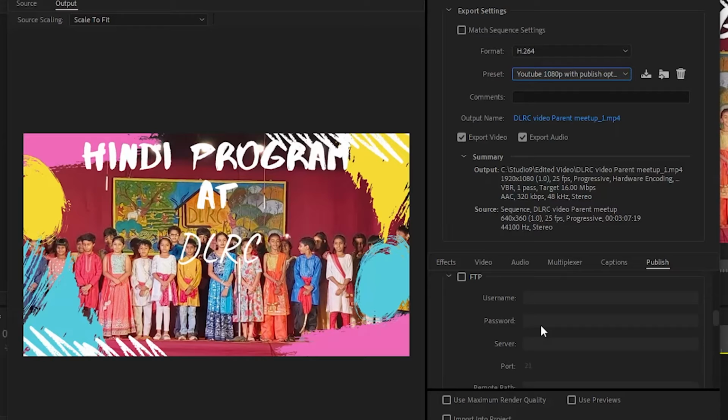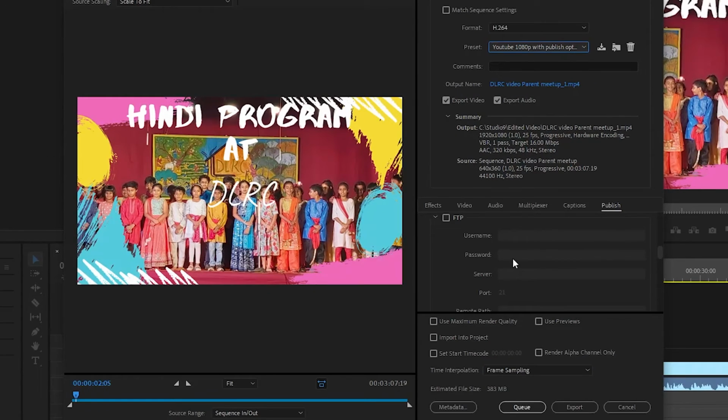So now I'm just going to click the export button and it's going to once again export the file onto your device, and then it's going to upload it onto that social media platform, and then it's going to delete that file later. Guys,